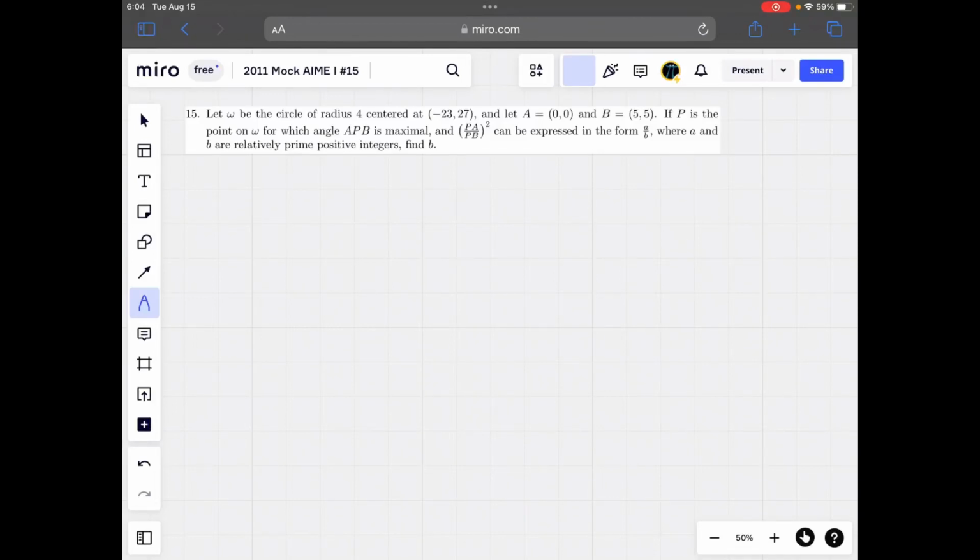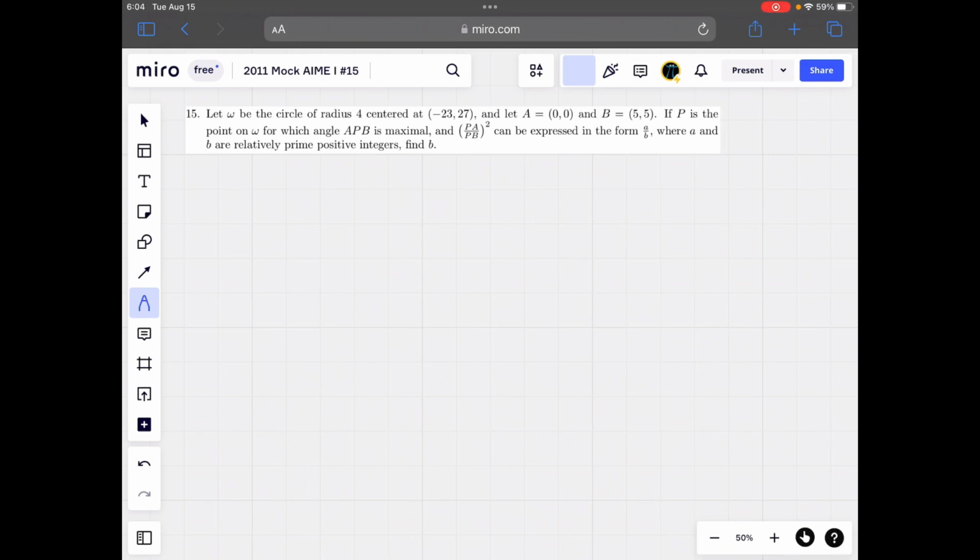Let omega be the circle of radius 4 centered at (-23, 27), and let A be the origin and B equal (5, 5). If P is the point on omega for which angle APB is maximized, and (PA/PB)^2 can be expressed in the form a/b, where a and b are relatively prime